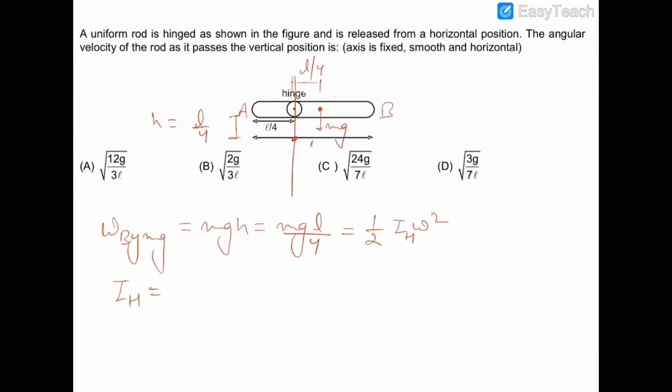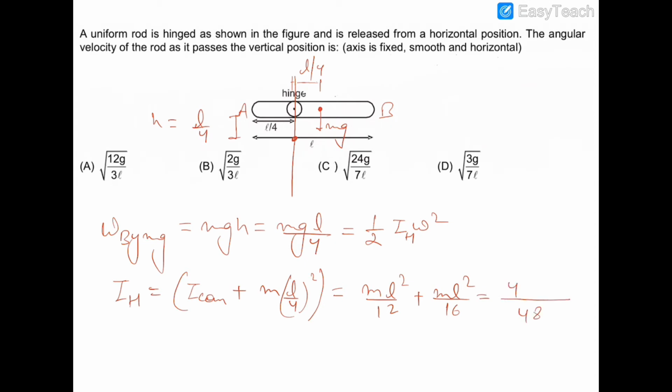So the moment of inertia of the rod about the hinge can be calculated by the parallel axis theorem. We know that it is the moment of inertia about the center of mass plus m(L/4) whole square. The moment of inertia about the center of mass is mL² by 12, and this is mL² by 16. So the moment of inertia of the rod would be (4 plus 3) mL² over 48, that is 7mL² by 48, and therefore